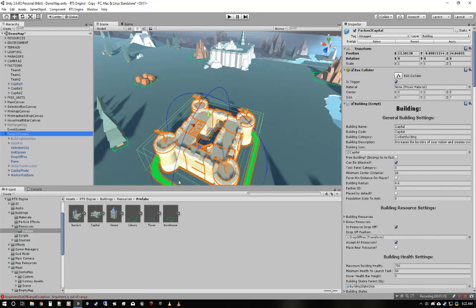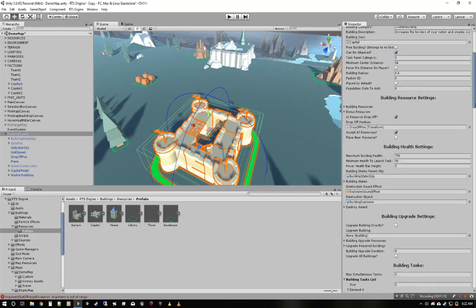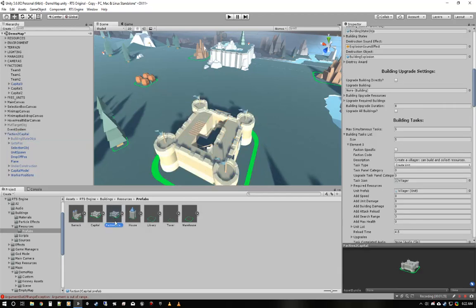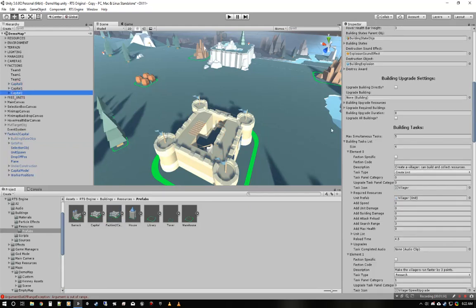You know, they create villagers, so you could add different villagers, different options, whatever it is. And you would drag this down here to create a new building. And this would be only used for faction 2. You would go up here to capital 2 and